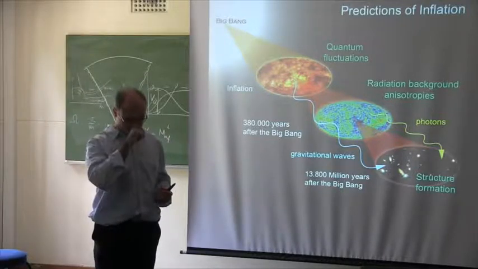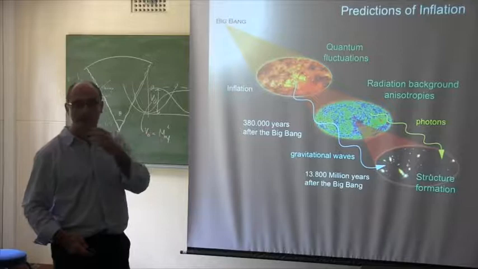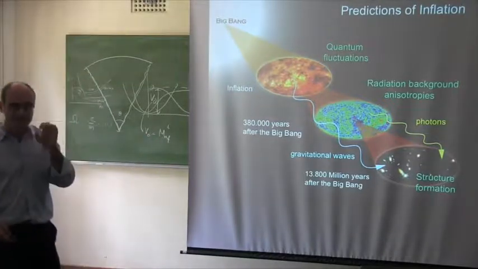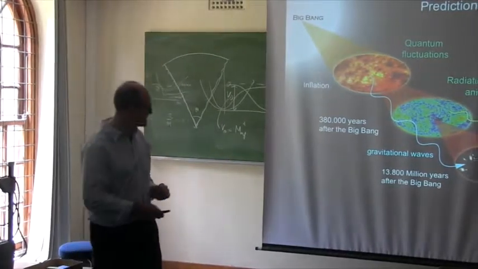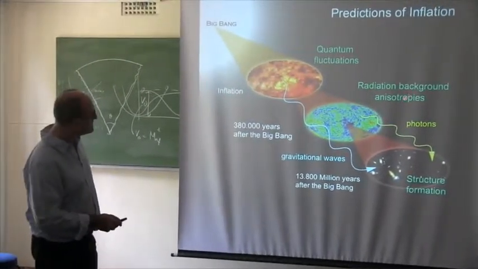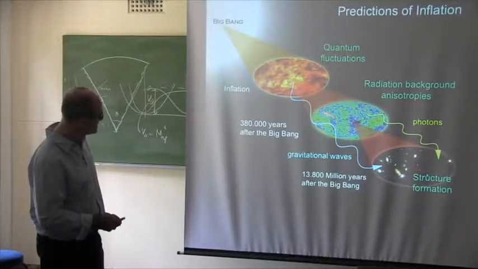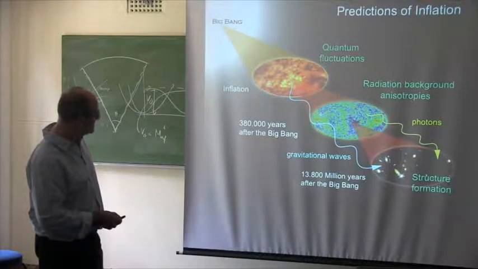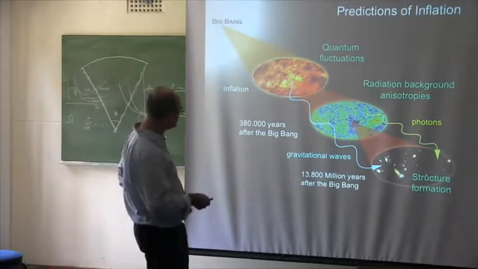And tomorrow, I'll use this to open a new window into the early universe by searching for the character or the nature of dark matter. So not only do we have CMB anisotropies, both temperature and polarization, through photons, we could also eventually detect the gravitational waves. There are two ways to detect those gravitational waves.